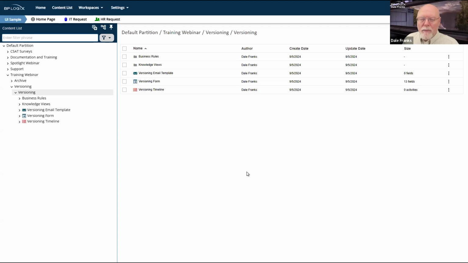Imports now become more tedious to get to work properly, because I might make a change in both my form and my process timeline, but because they're in separate folders, I've now got to import them one at a time. And so I import the form, the import fails because it's looking for something in the existing process timeline that is not there.